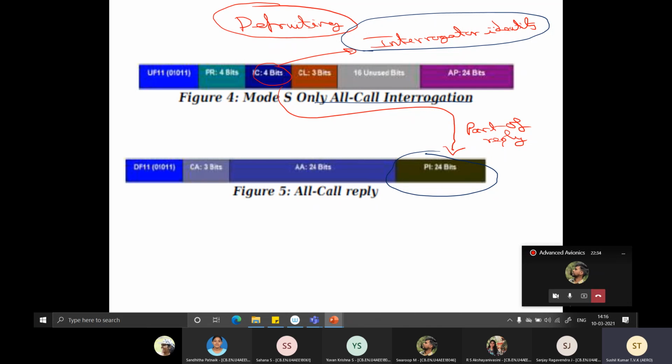Of course, the next question will be, will the data be corrupted and all those things? It's a stream of data, I think 64-bit or something. They have a parity bit also overlaid in it, so that takes care of these corruptions. So a little bit of error correction is also there. But the main issue, fruiting, is avoided generally because of this. Your reply also has the interrogation code of the ground radar.